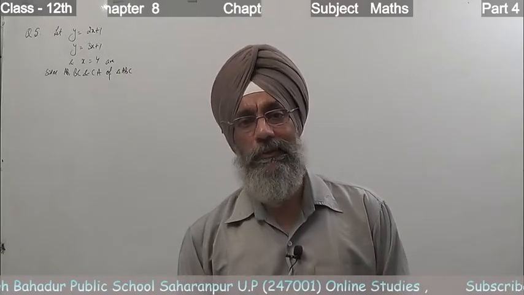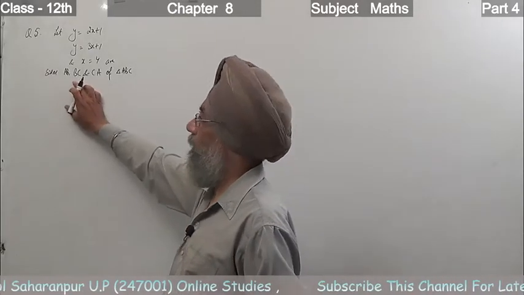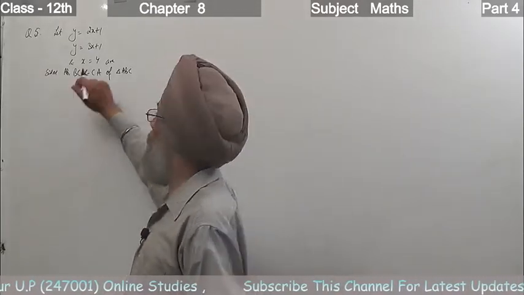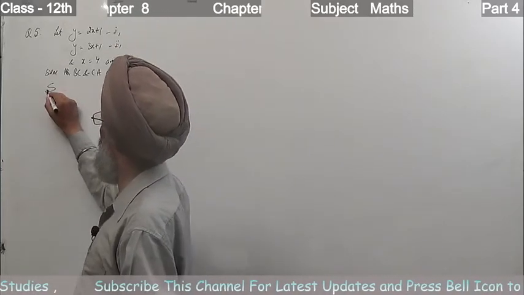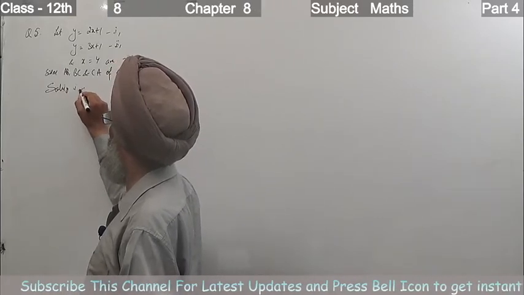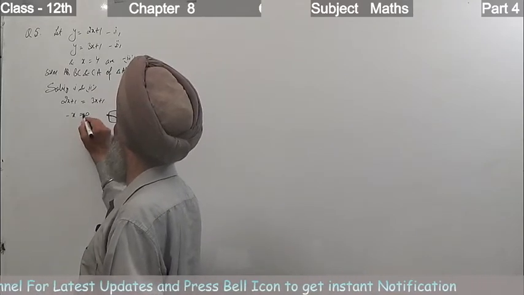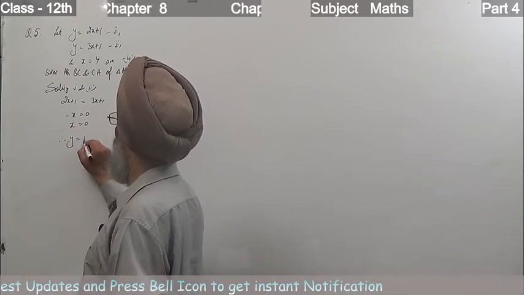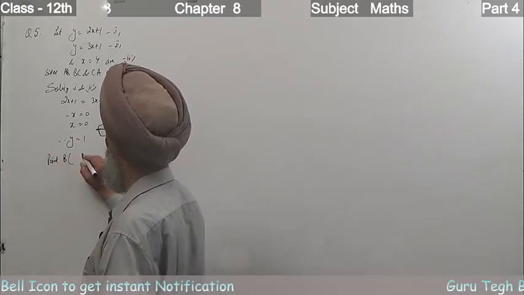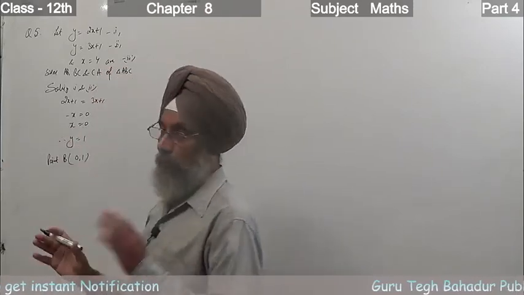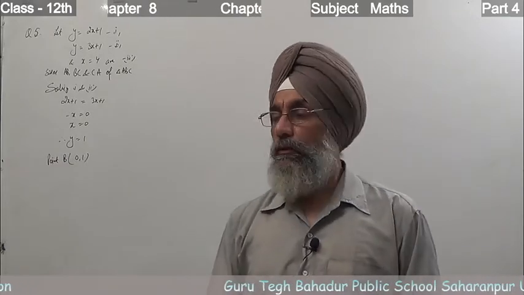Now if we solve the first and second equations, the first represents AB, the second represents BC. On solving, the common point is B. So on solving first and second, 2x plus 1 is equal to 3x plus 1, so x is 0 here. Therefore, y is equal to 1. So point B is 0, 1. Why? Because the first is representing AB, the second is representing BC, so the point in common is B.